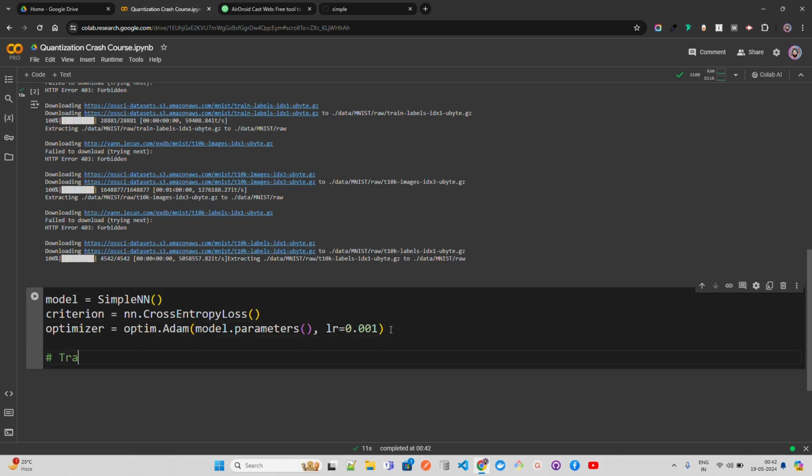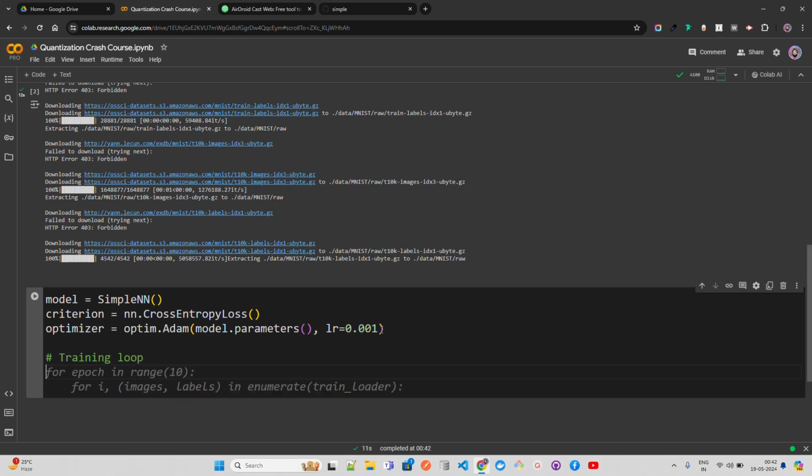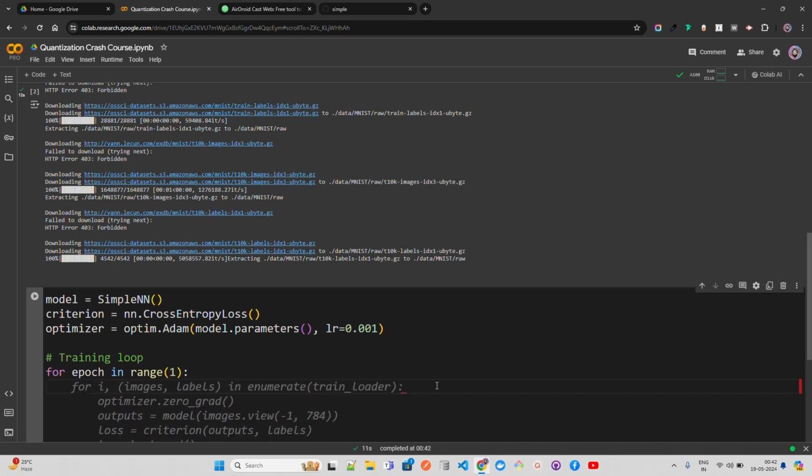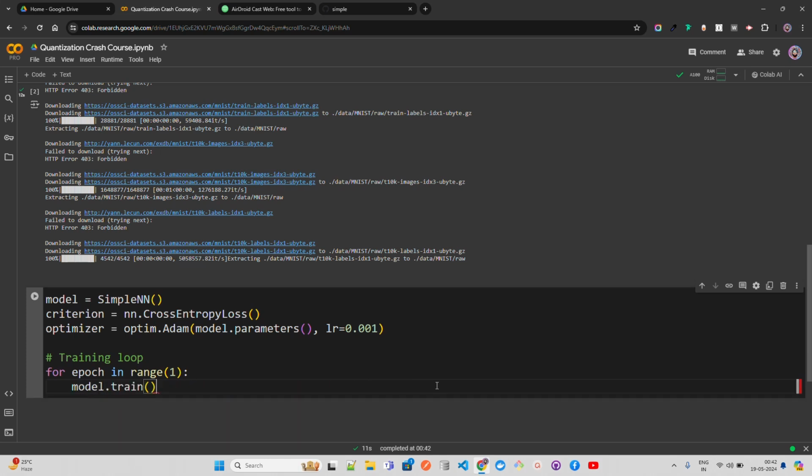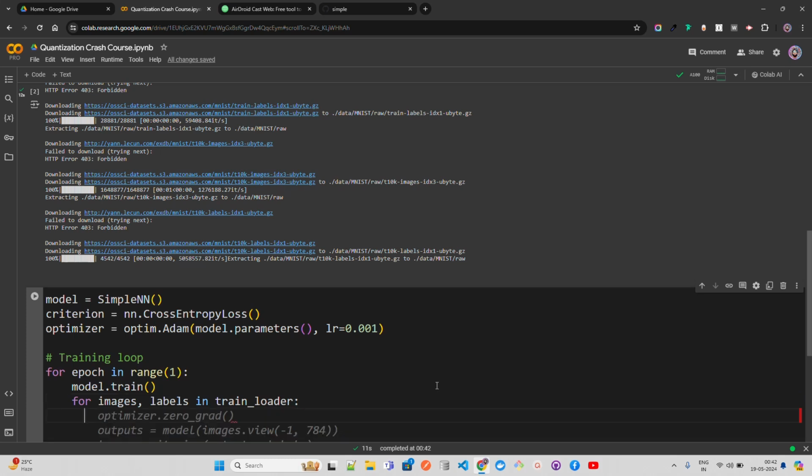And then let's define a training loop. So in the training loop, I'm going to do for epoch in range 10, not 10. Let's keep it 1 just for demonstration purposes, guys. Then let's have model.train here. After that, I'm going to have for images and labels in train_loader. Then go into your images. Let me just do images equals images.view. It's suggesting images.view, but I'll have different dimensions altogether. I'm going to keep 28 cross 28.